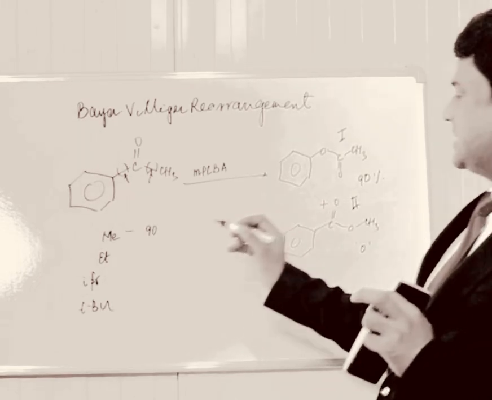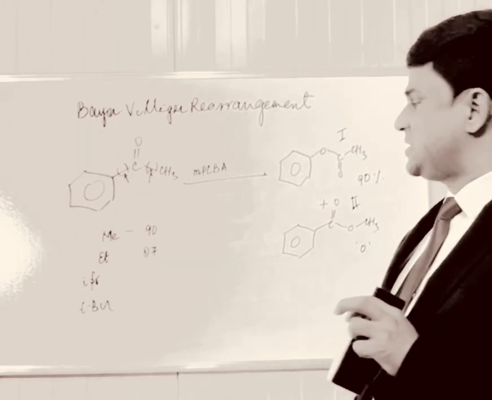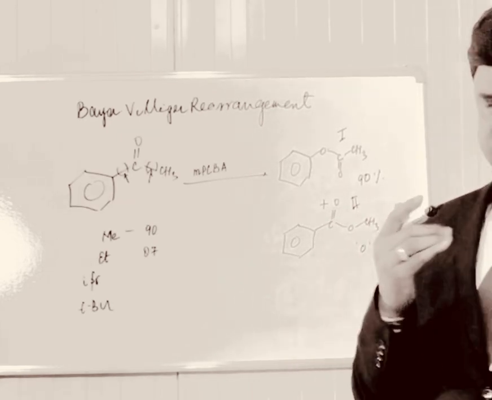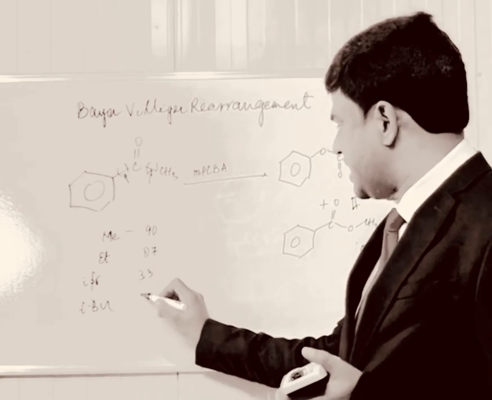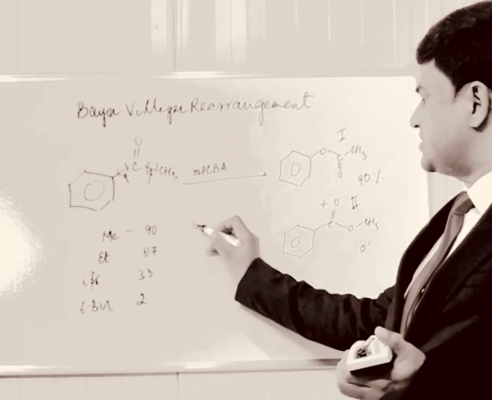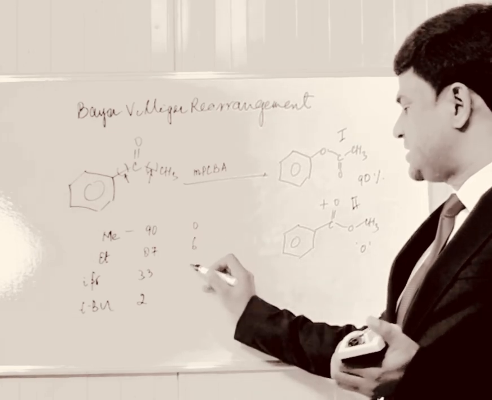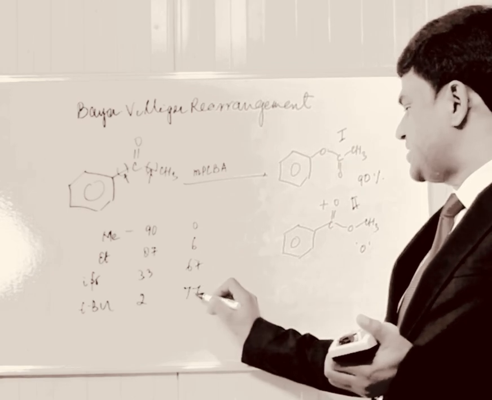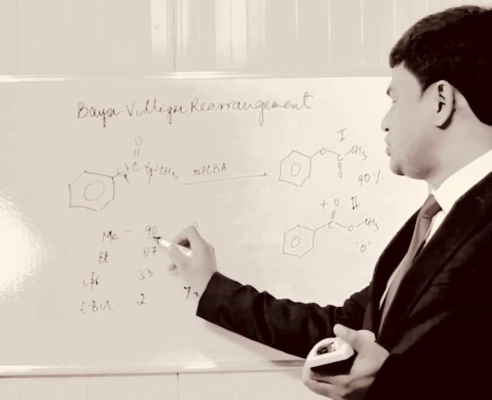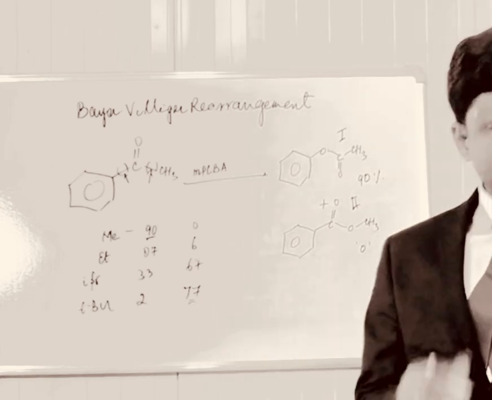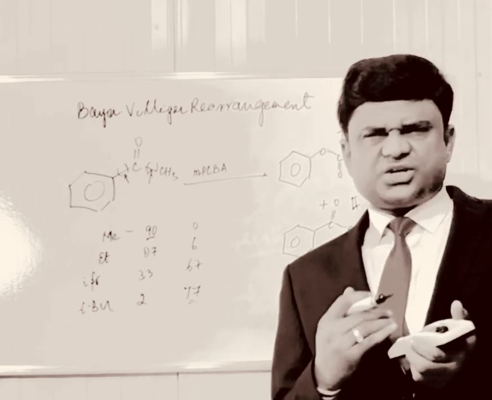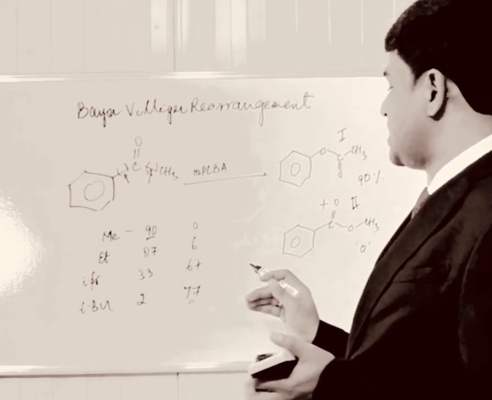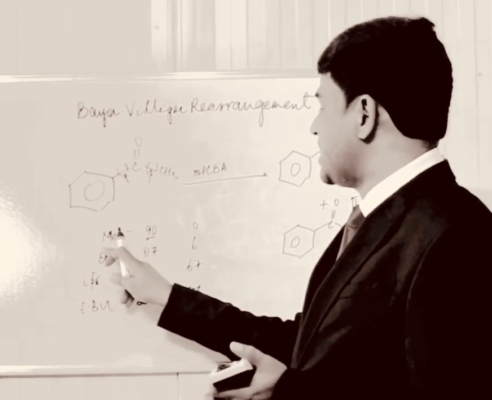Next product is this one, then 87%, and next product is called 33% and 2%, and here it is 0, here 6, here near about 67, and here near about 77%, like it is equivalent to the phenyl group. So in this reaction, what happens is that the product formation increases